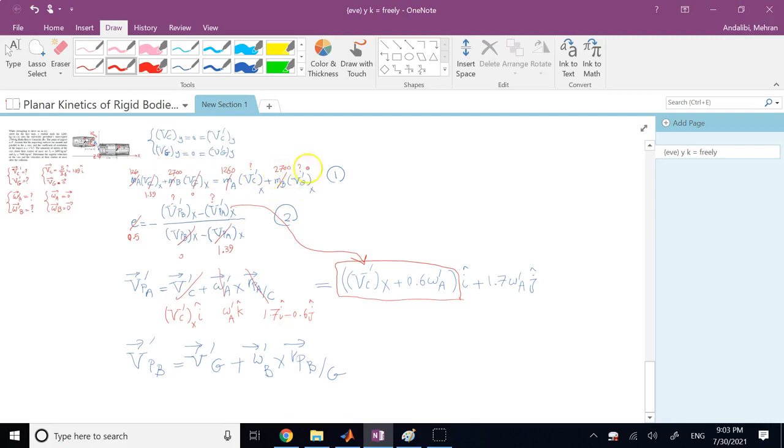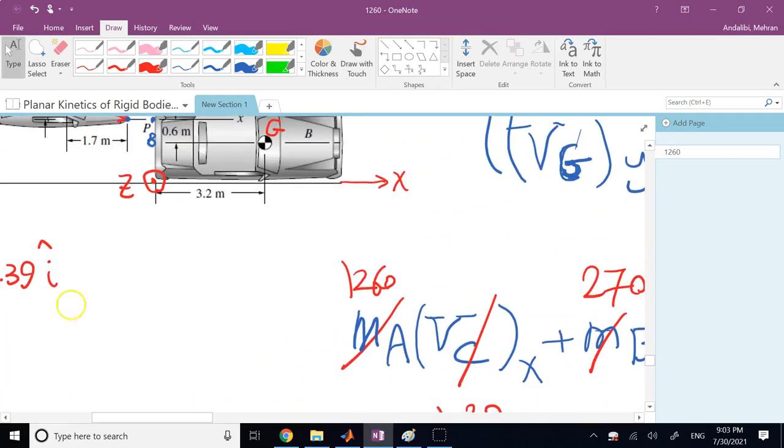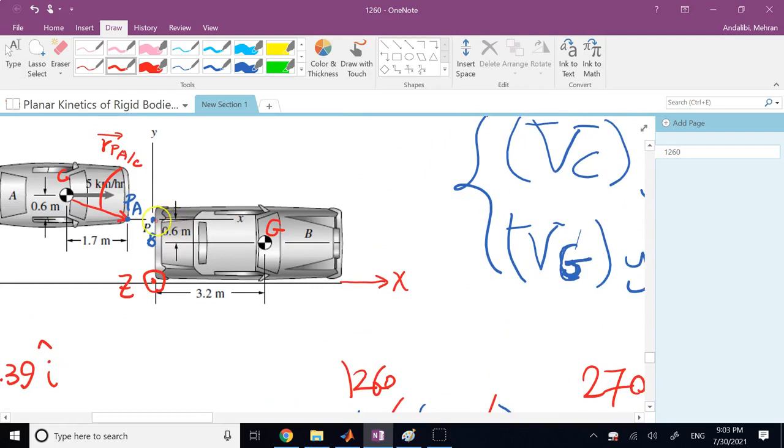An x component that you don't know, a y component that is 0, so this one is going to be V prime G in the x direction I. Your omega B prime you don't know, you just assume it's positive K, it could be negative K, that's okay. And R of PB with respect to G, again, if you go back to your picture, it is basically this vector. Right, this is R of PB with respect to G,